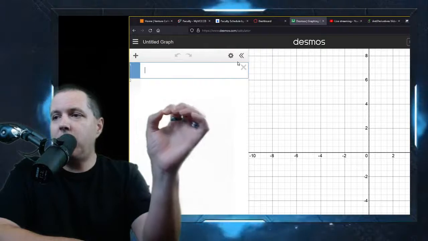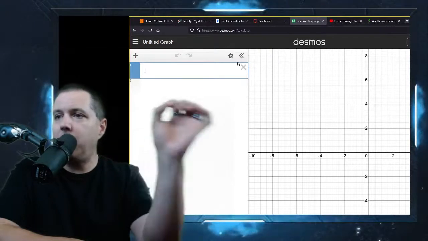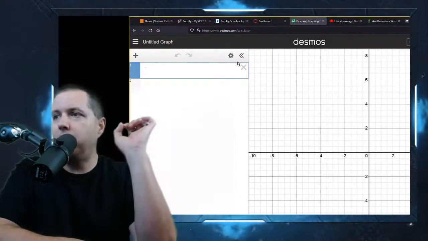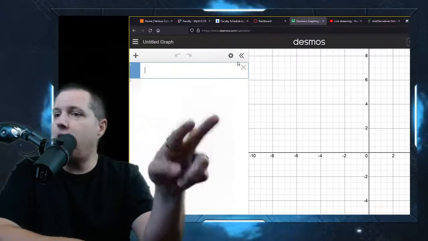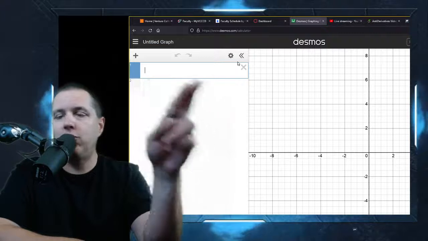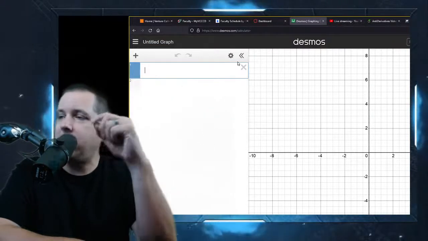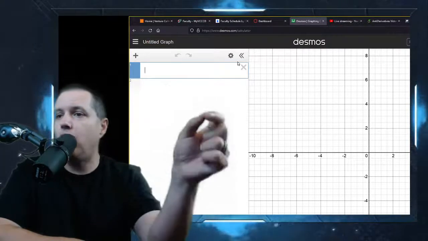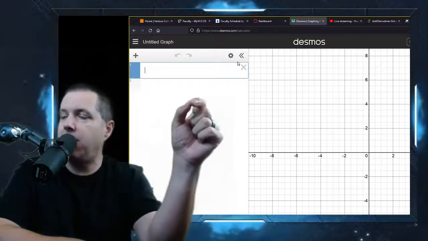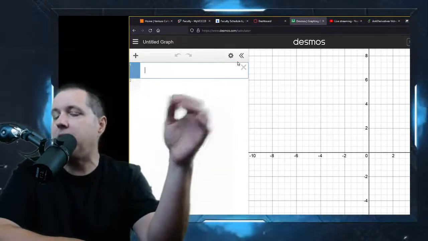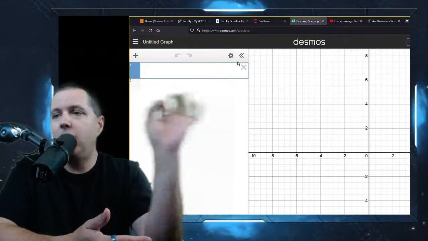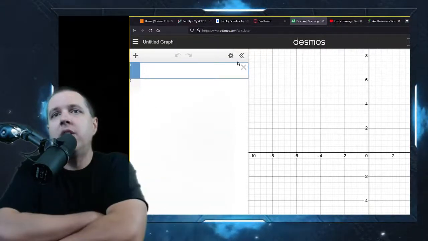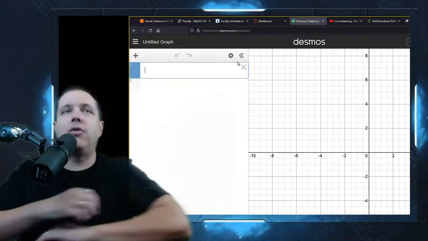So with a function, we have this added restriction that for one input, you only get one output. So for a function, the barcode should not return two prices. It shouldn't return $3.99 and $4.99. That causes problems. It can only return $3.99 or $4.99 or whatever the price happens to be. That's essentially what a function says: you put in one input, you get one output. That's not always the case. So for instance,